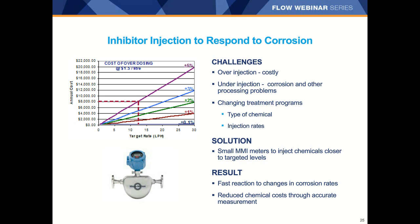The reason that accuracy is important is, of course, that underinjection leads to less than optimal corrosion abatement, but overinjection isn't good either. It can be costly, as these chemicals are often expensive. So the chart on the left shows a simple way to calculate the cost of overdosing, and this is a chemical cost of only $1.50 per liter. A meter can pay for itself in chemical costs alone, let alone the processing costs that can result from over